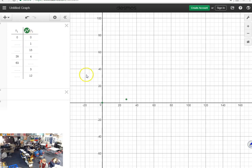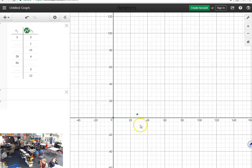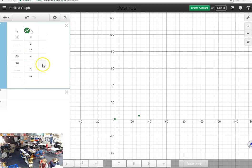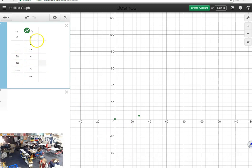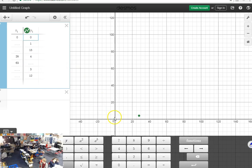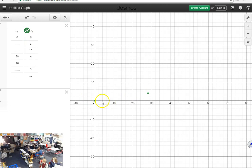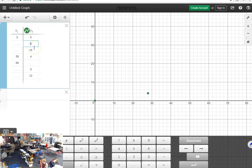Is it going to plot my points for me? What is that? Oh, why can't it plot my points? I don't have anything filled in. I have individual y values or individual x values. I only have 1 point filled in. And 0, 0. Ooh, wait, I have 2 points filled in. So I could, I guess, draw a line and connect these two, and that would be a straight line through the origin. Well, let's see, okay, so if the height of the tower was 1 centimeter,